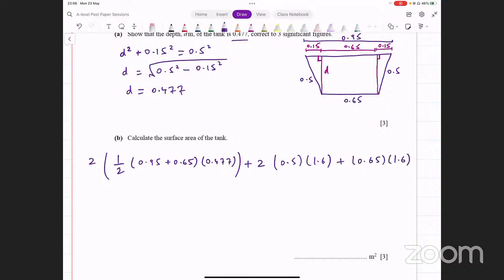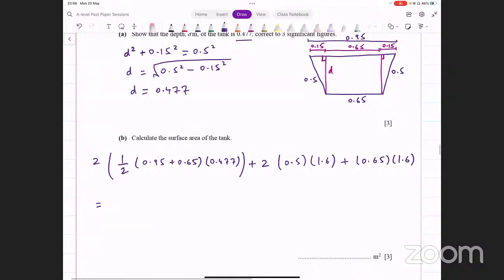ये आपके पास वो आ गया. Now we just add everything up. इसको evaluate कर लें, देख लें आपके पास क्या आता है. 0.95 plus 0.65 into 0.477 plus 2 into 0.5 into 1.6 plus 0.65 into 1.6. Just evaluate everything. And I'm getting